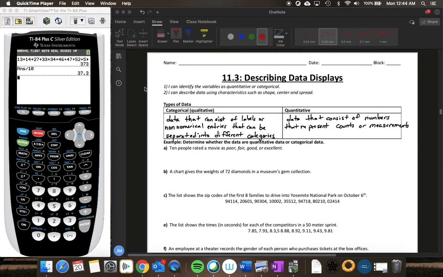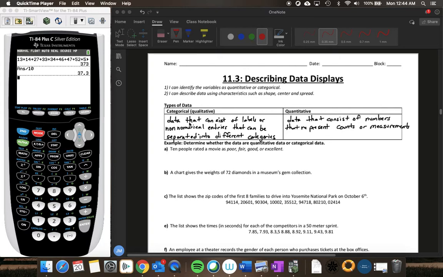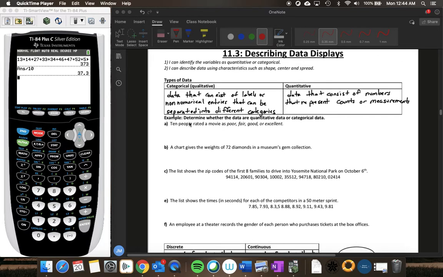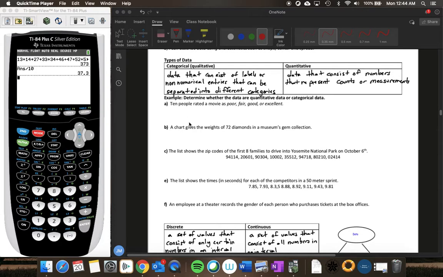So far, we've talked about how to collect data, the different ways that you can do that. We've talked about how you can display data, the different ways you can do that. Now we're going to focus on how you can describe data. So to do that, we're going to first start by talking about the two main types of data, which are